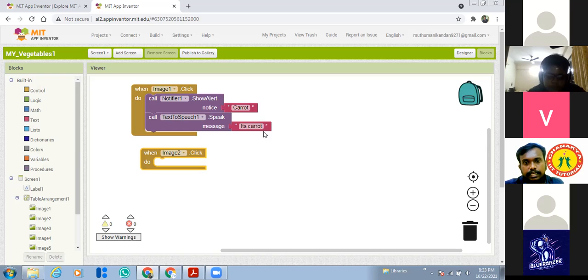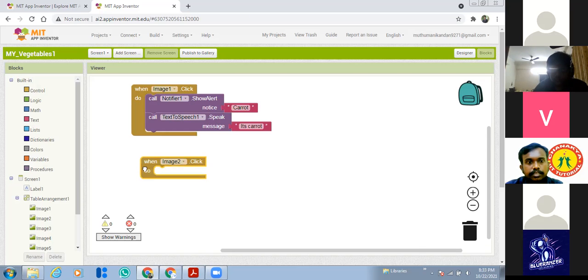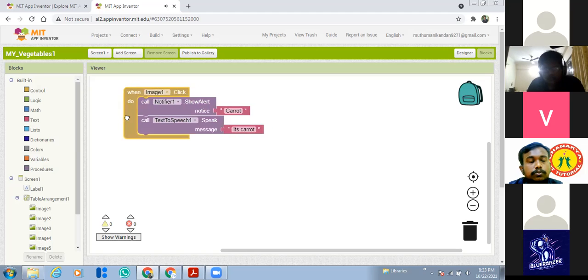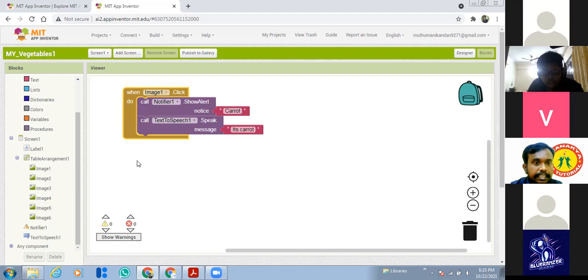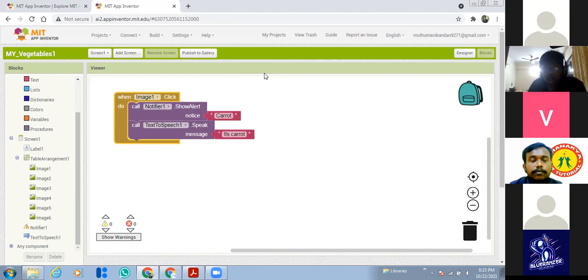Yes, sir. Shiva Pranav, I think you left the meeting. Do you understand these blocks? Yes, sir. So I'm going to give you this as a home exercise. Try to do all the blocks for all the images, up to image 6. Anyone have doubts, students? No, sir. Next class we will see, and I will tell you how to check the outputs.